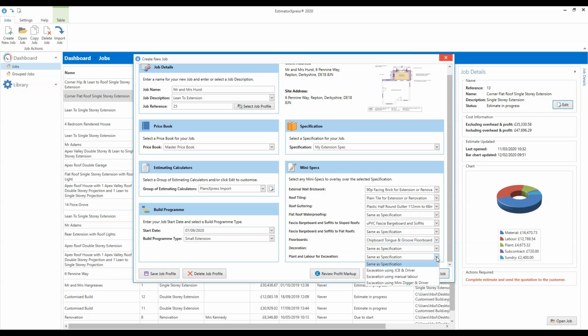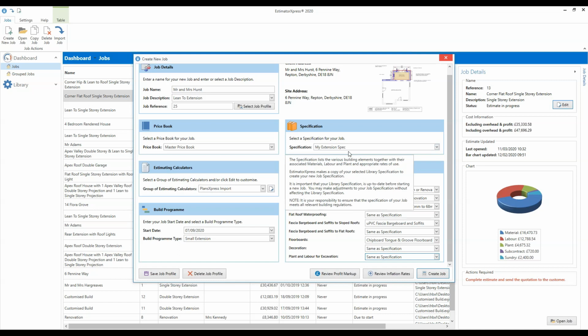Finally, we've got the plant and labour for excavation options. So you'll recall that the new build spec uses a JCB and driver by default. The extension specification uses a mini digger and driver as the default form of excavation. If, however, space were really restricted, you could select the manual labour option. So I'm going to leave it set to same as specification because I'm happy with the extension specification, which is already using mini digger and driver. Okay, so